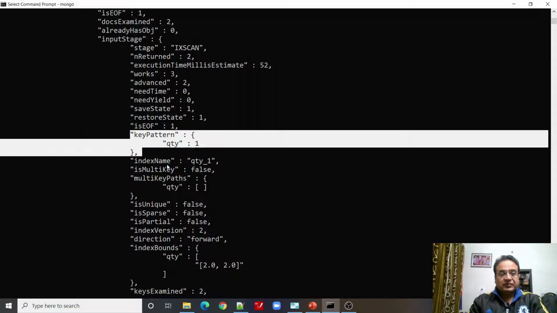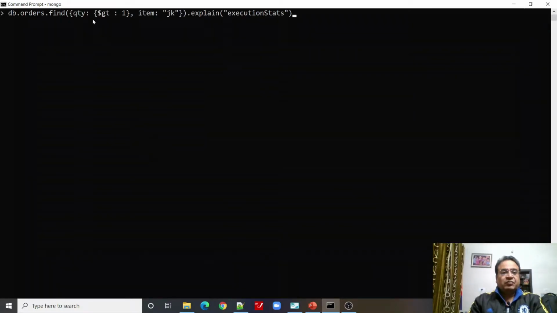Key pattern, this. This is my second query, where I am trying to find orders where quantity is greater than 1 and item is JK. Let us see again.